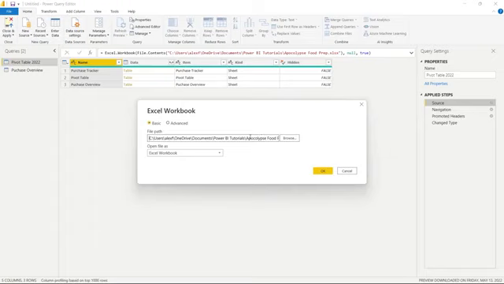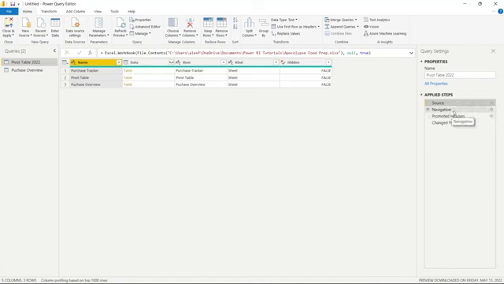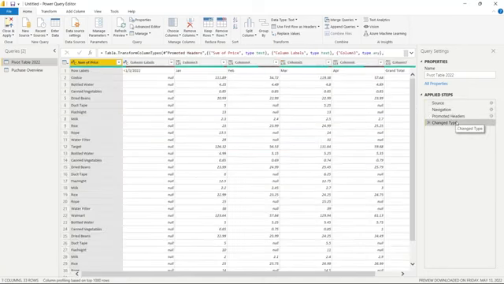So if we wanted to change that or it changes in the future, we can come here and change this file path. But we're not going to do that right now. So let's click on cancel, and let's go back down to change type. So it promoted these headers, and obviously these headers are not correct. We're looking at this pivot table and not the purchase overview, but it changed these column headers. And so in the future, if we wanted to, we could easily change those,